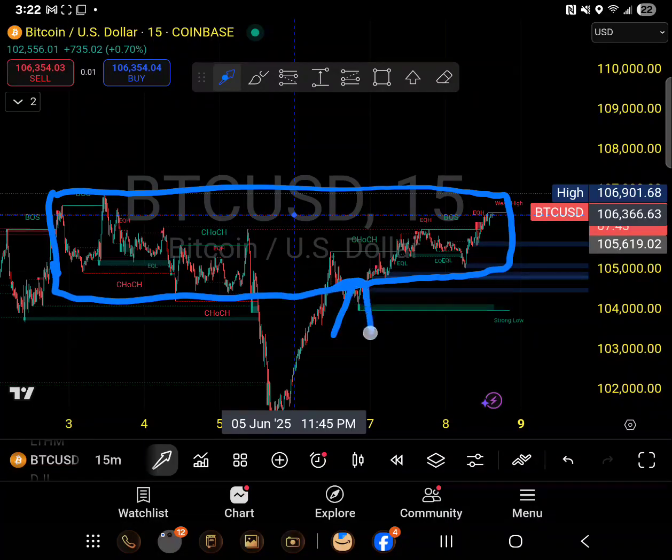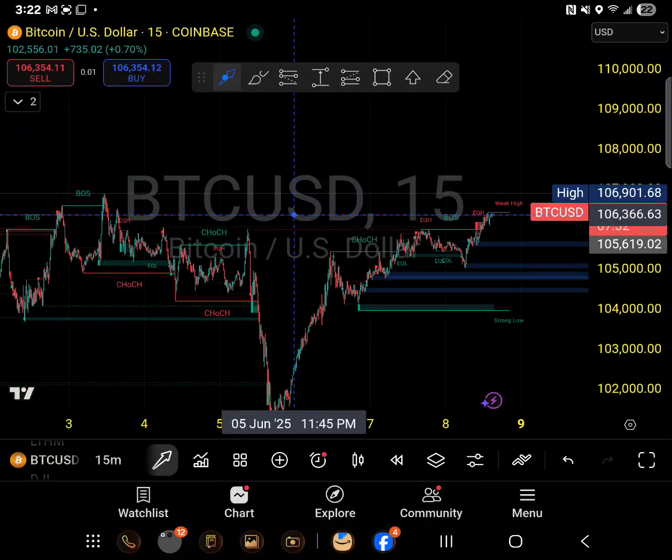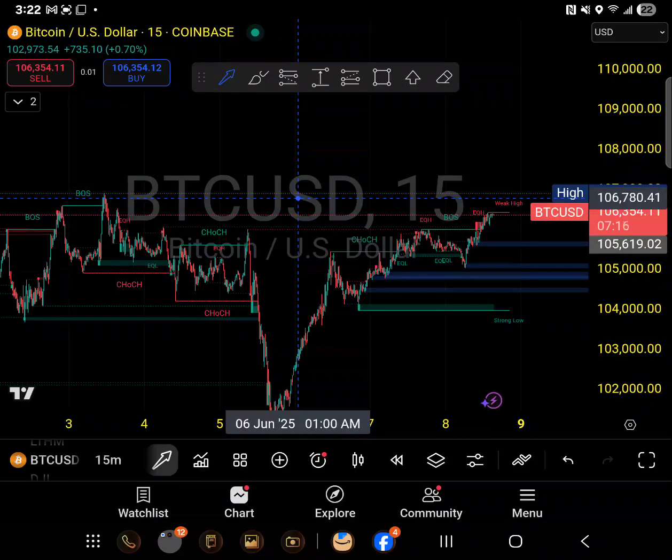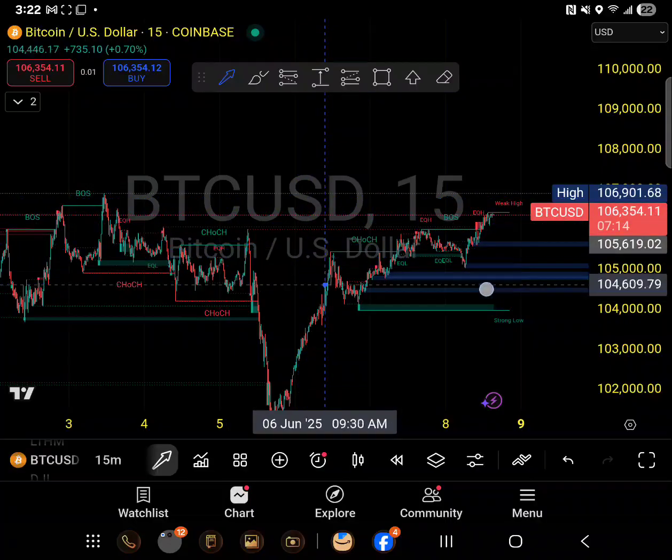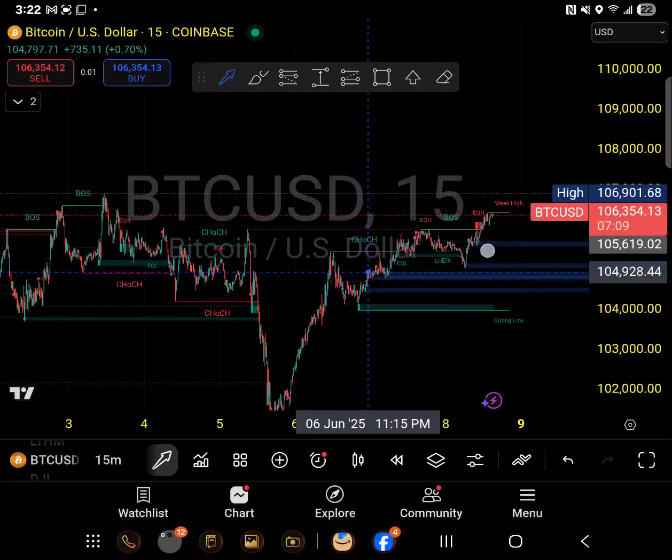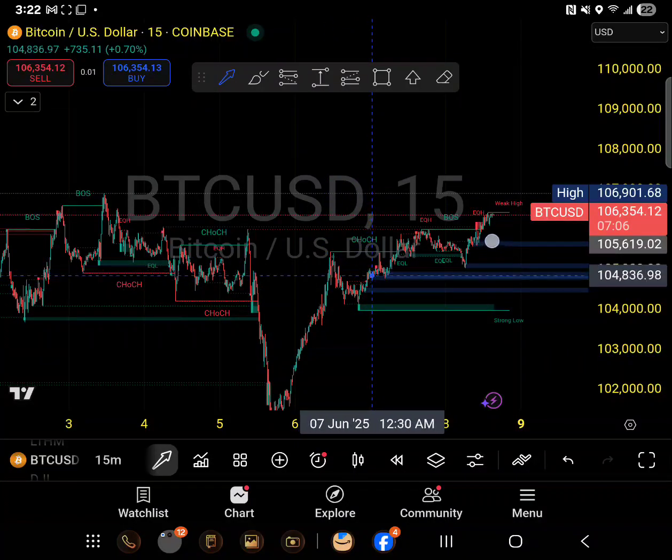This breakout is done already. Here it was a breakout, so this will be a new support in this market right now. In case the selling starts to occur, what I should do is try to enter the market again at this point, which is somewhere near this range, 105k basically. I will try to enter here at 105k.